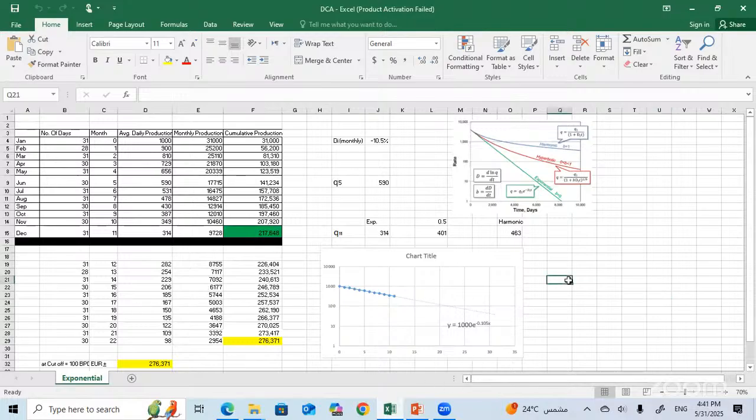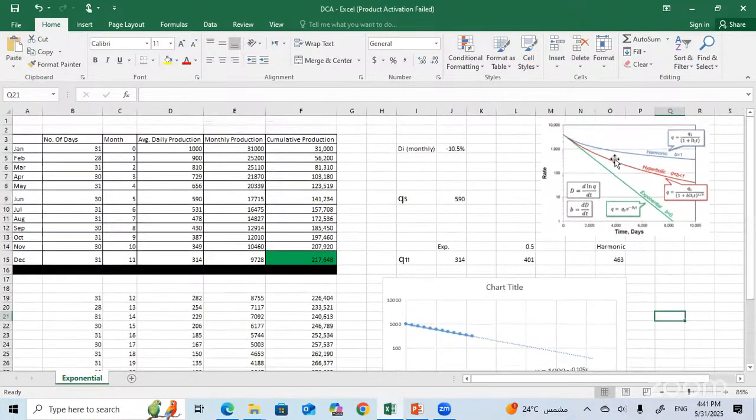If you see the Excel sheet, as mentioned, if I have exponential decline, the q will be equal to q1 times the exponential of minus the decline rate multiplied by t. What is the meaning of that? I made this practical example to fully understand. If I have here a production from a well, as an example, the first month will be 1,000, and I have a decline.